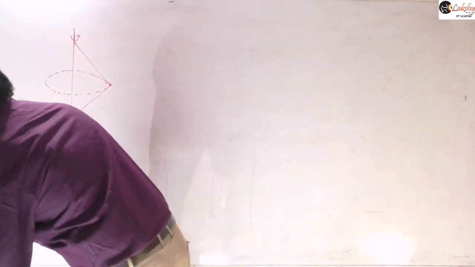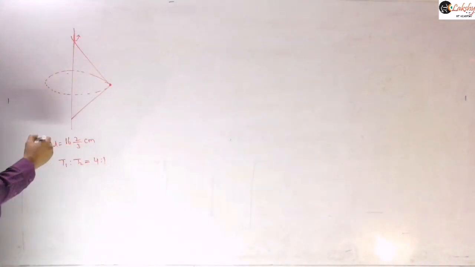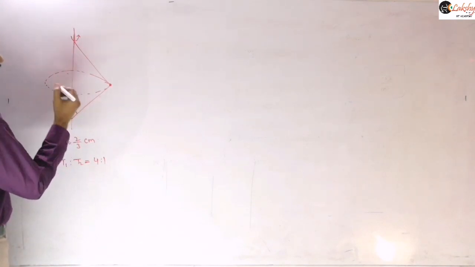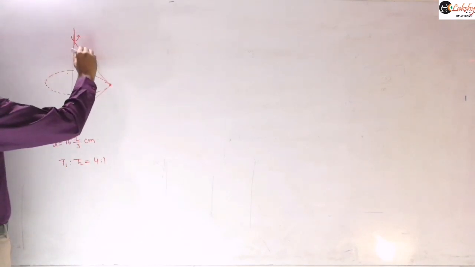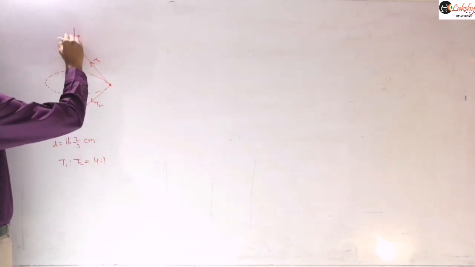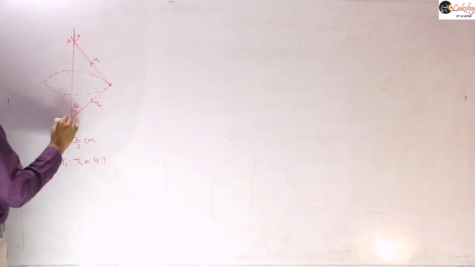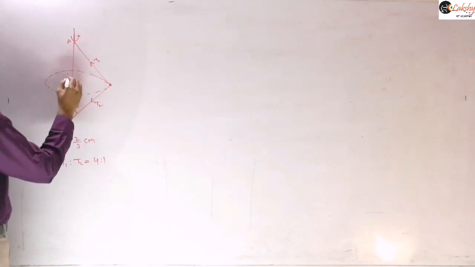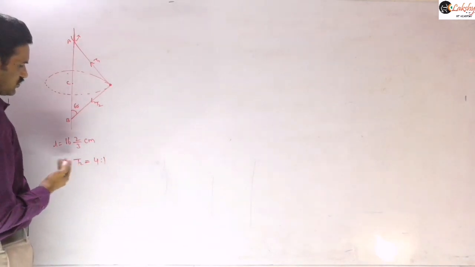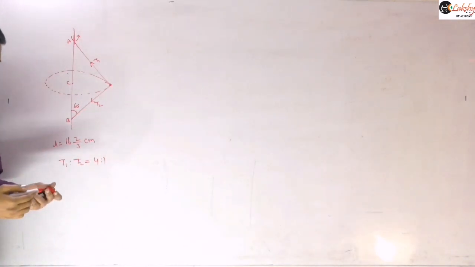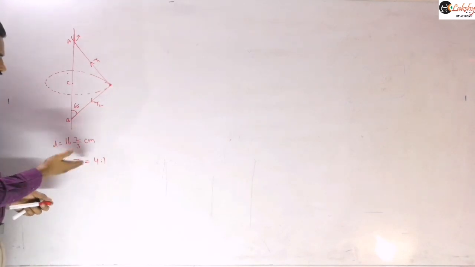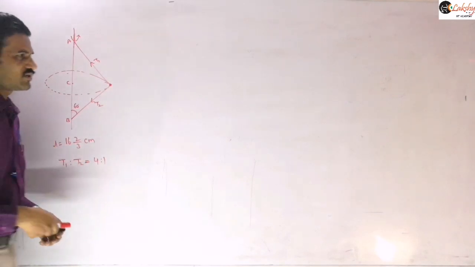That means the ratio of tensions. They will mention these angles also here. This angle I am giving as 60 degrees. The tension in this string is T1 and the tension in this one is T2, and let us say this is A, B, and this point is C here, and this is the block. This is the given information, and they are asking with what angular velocity it should be rotated to get this tension ratio.